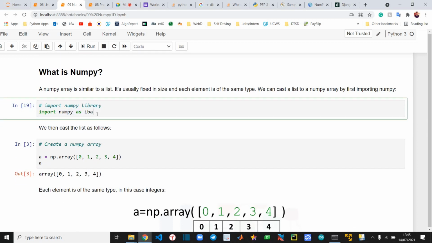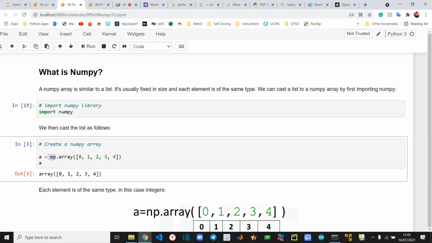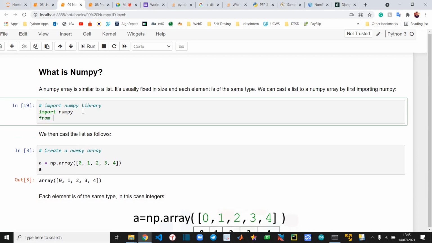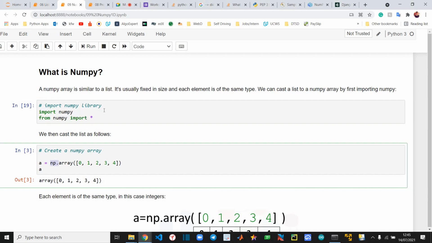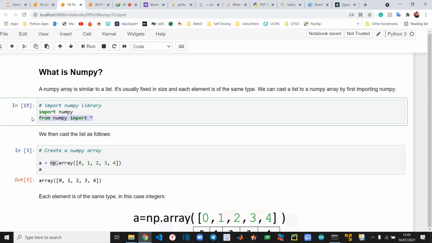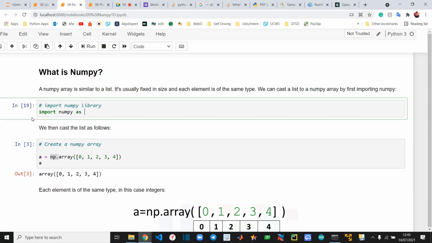I could import NumPy as anything else, but that doesn't make much sense. We can just write import numpy, but I don't want to write out numpy.array in full. You can even do something like from numpy import all, and then you would not have to write this, but we'll be following the regular conventions.